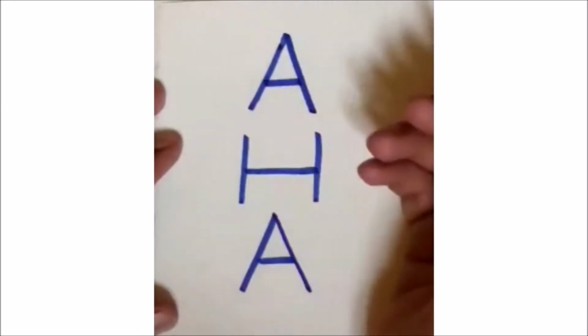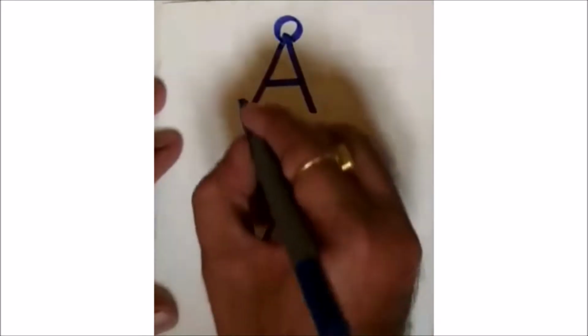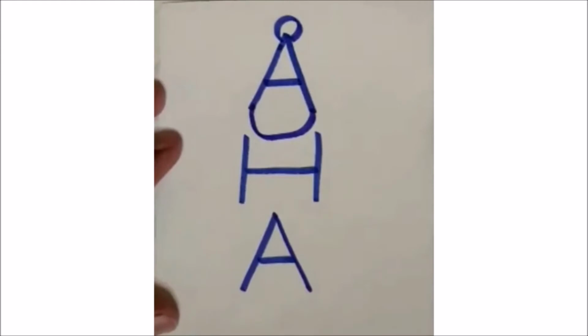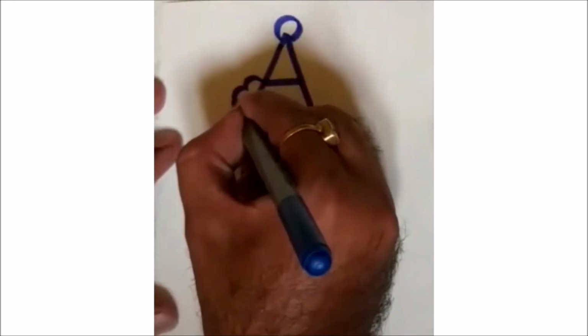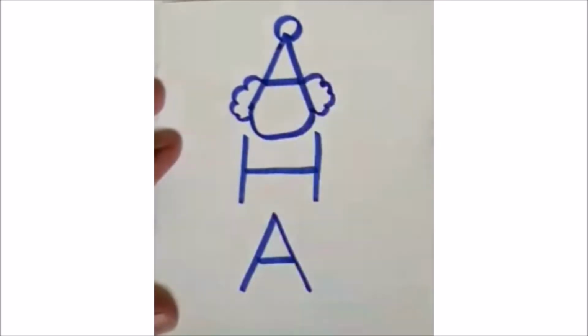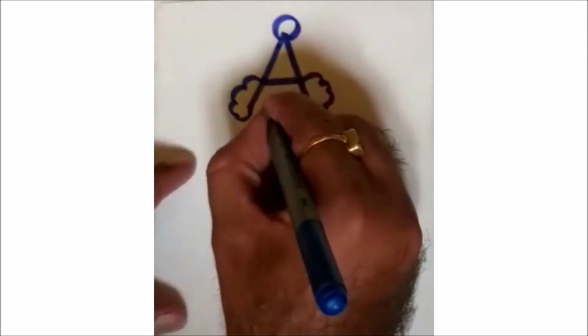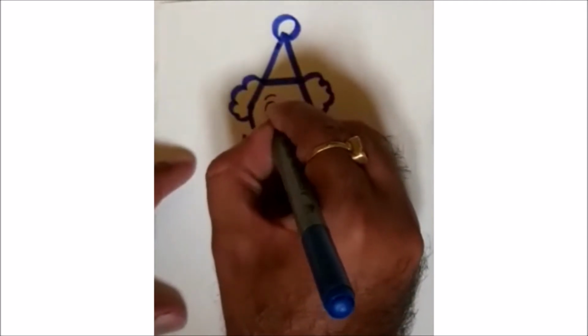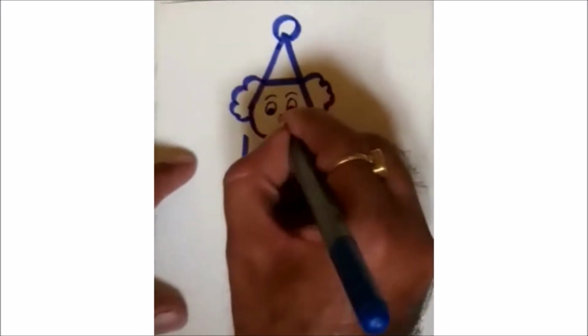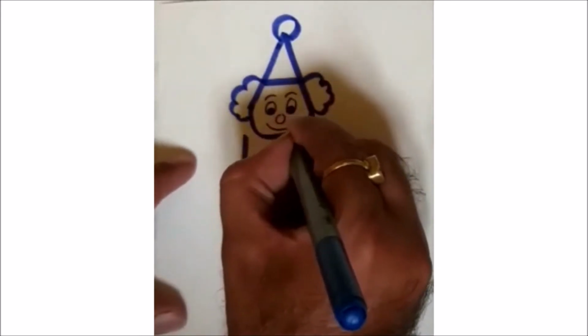This portion is a cap. So I'm going to make one circle on that, one curve for making the face, a few curves for making the hair, again a few curves for making the hair. Again I'm going to take a small and thin marker for giving detailing to the eyes. Here are the eyes, here is a nose and a big smile